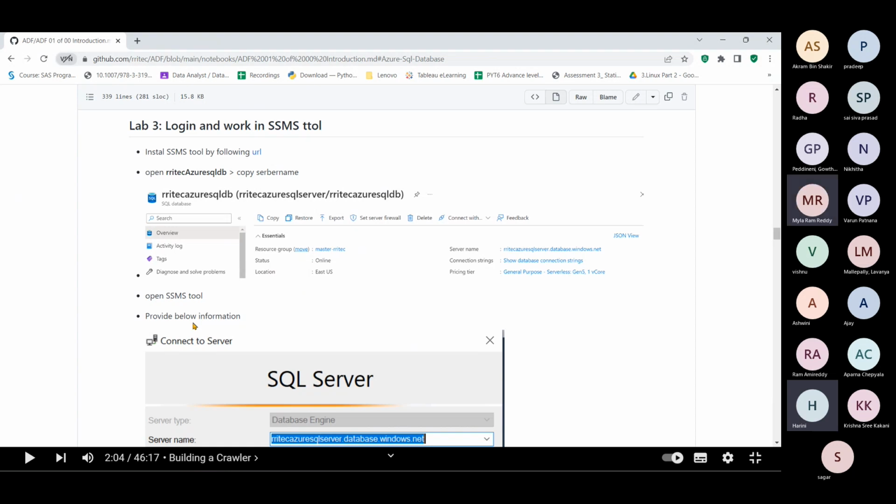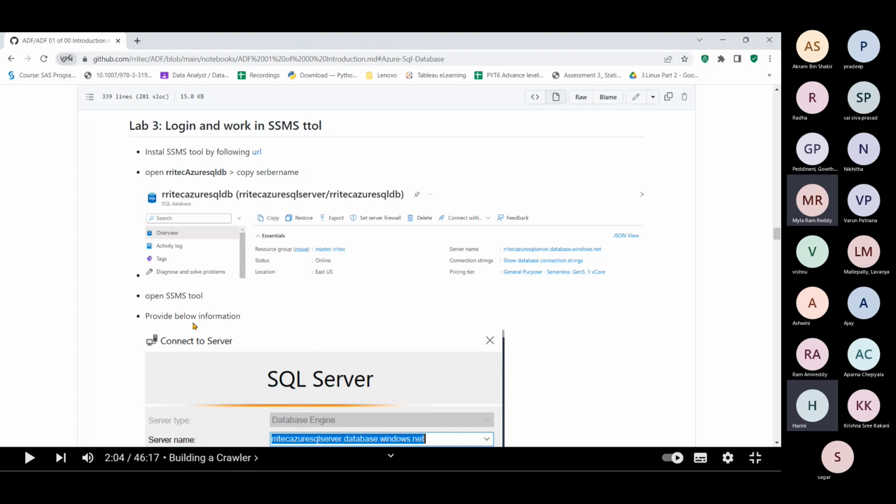Whatever SQL queries we are writing, we are writing within the browser only. But that may not be that great or convenient for most of the developers. Most of the time, we will use the SSMS tool. SSMS is a common tool to write queries against a local SQL server, Azure Synapse, or Azure SQL databases. Most things we are able to do. SSMS is a desktop tool. We can install that in your laptop